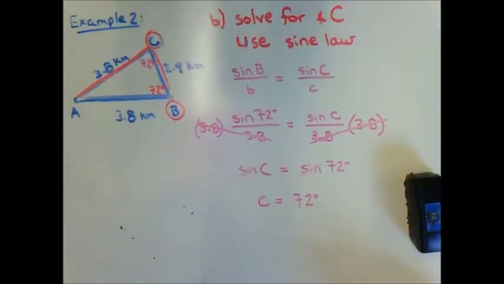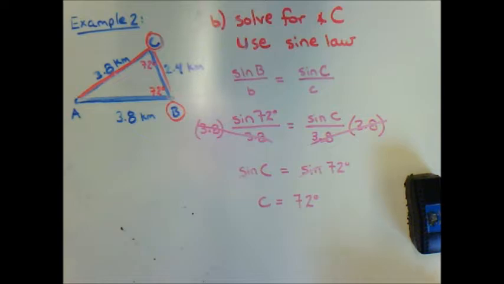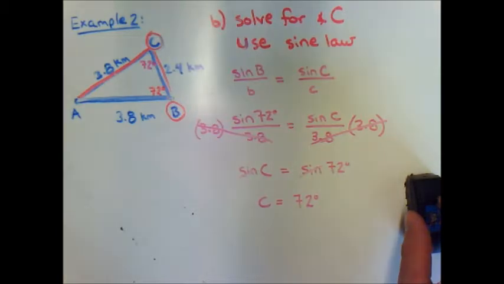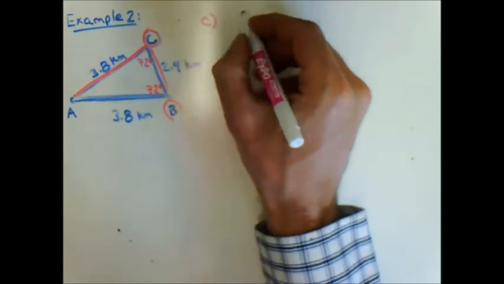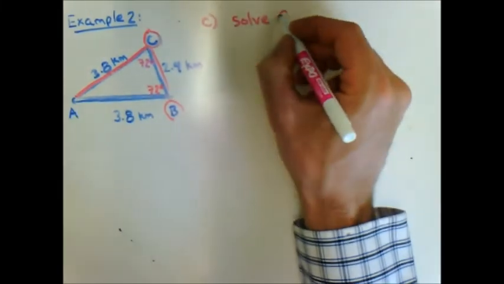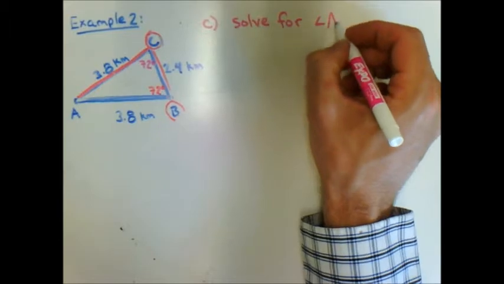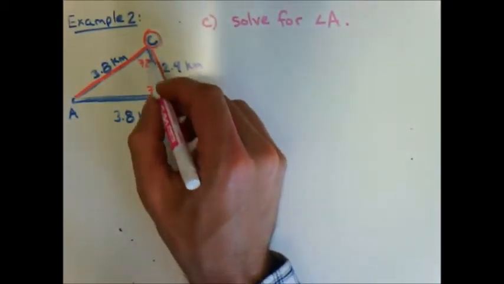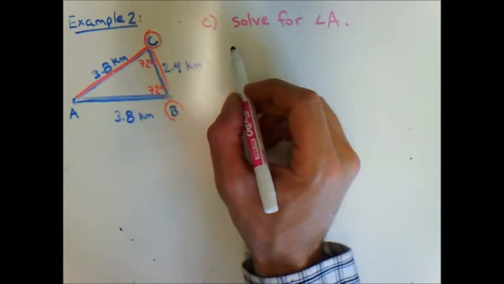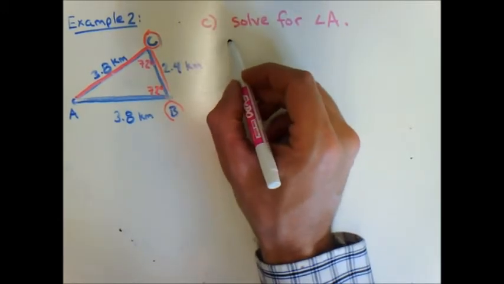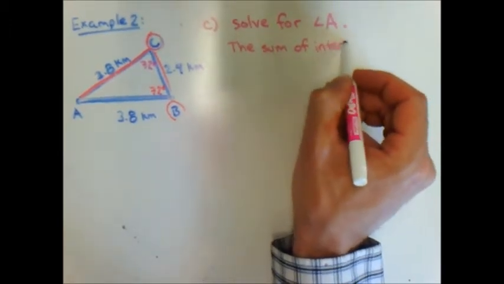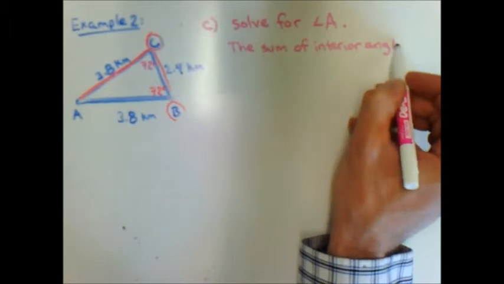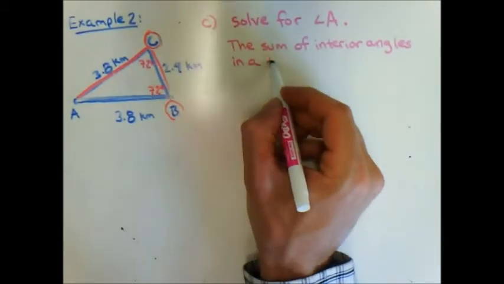Okay, we're almost done solving this triangle. We have one more angle to find. It's the angle between the third leg and the first leg. So we're solving for angle A. But we already have this angle C and angle B. So in C, we're solving for angle A. We already have angle B and angle C, so what can we use? The sum of interior angles in a triangle